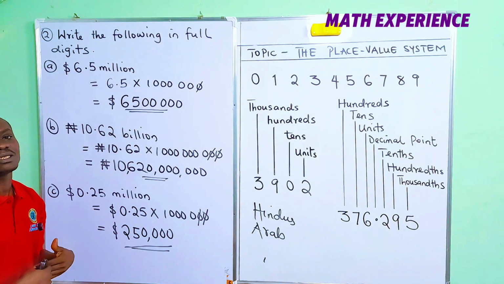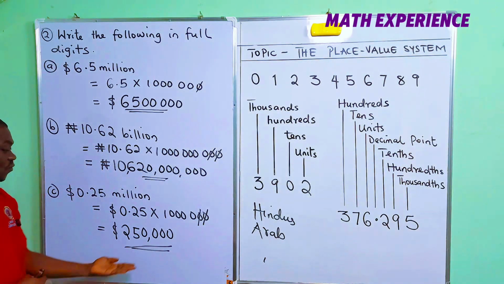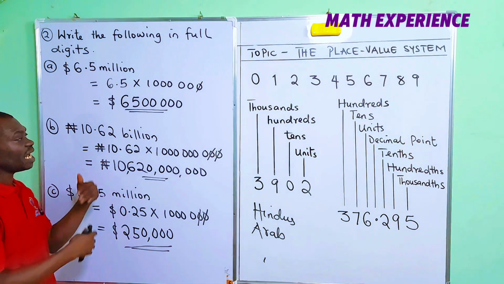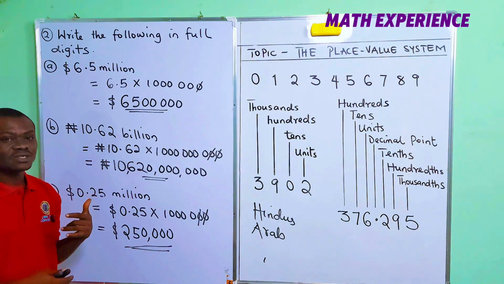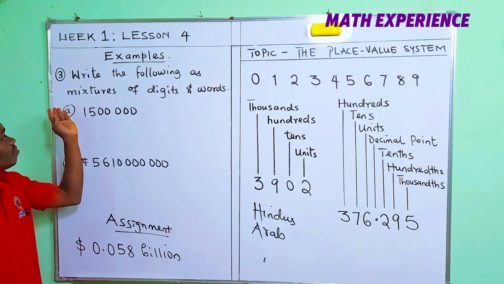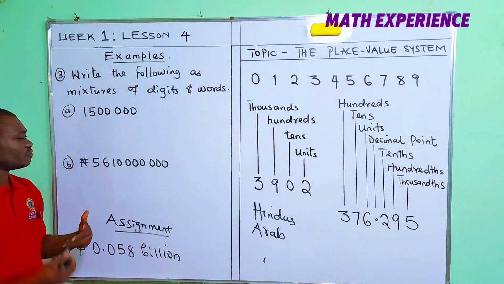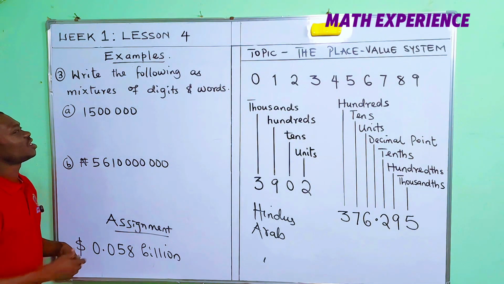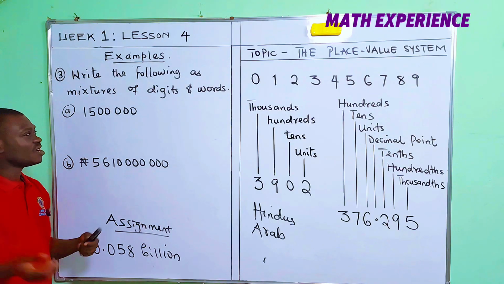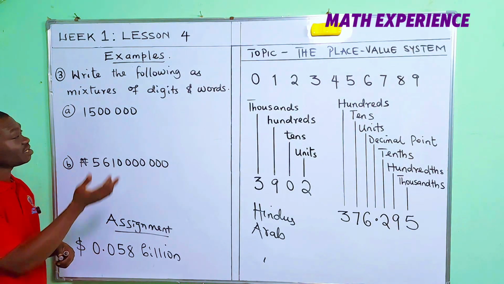And then let's look at the third example, which is the reverse. If you are given this form, can you write it as a mixture of the two? You have some numbers and you have to write them as mixtures of digits and words. Okay, so starting with this, very simple. You can read it first. This is